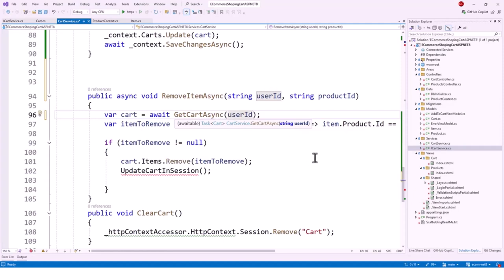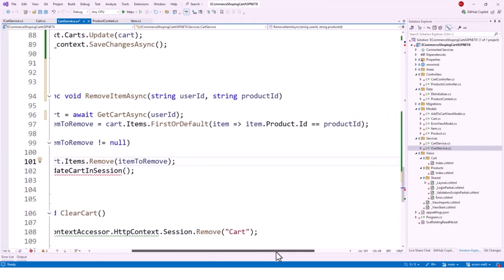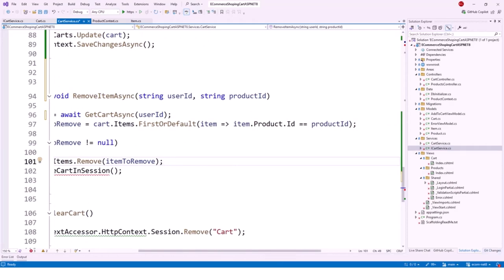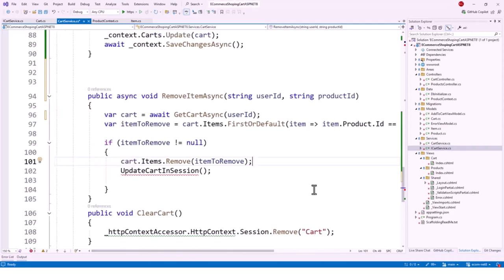And itemToRemove is cart.Items.FirstOrDefault. So this line is intact, I don't need to change this. And if itemToRemove is not equal to null, if there is some item to remove, cart.Items.Remove(itemToRemove), and